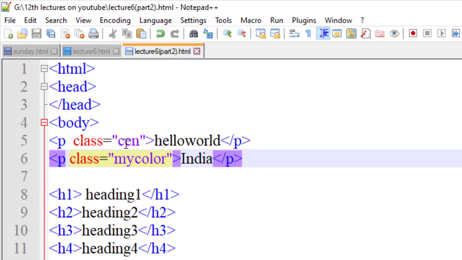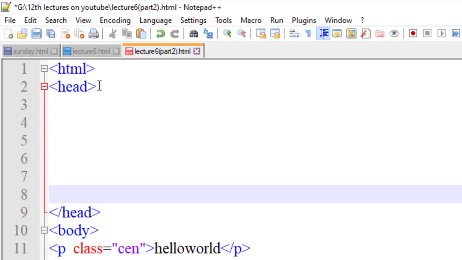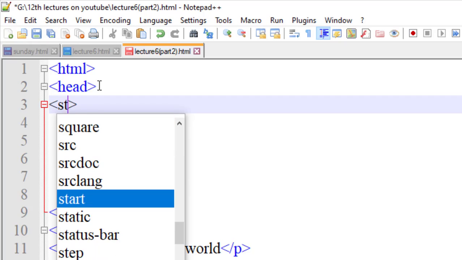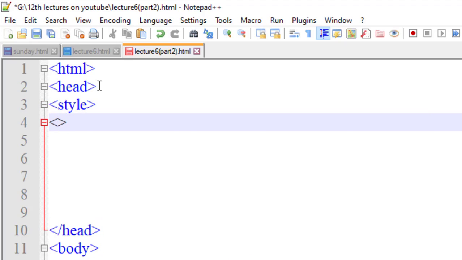Now I have to describe some criteria, the selection designing section of the class. For that, in the head section, I will type the style tag opening and style tag close.